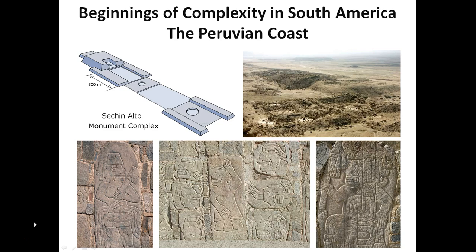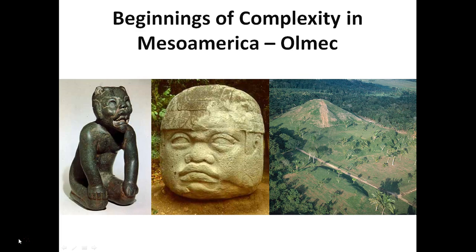When looking at South America, we will look at how the difficult desert environment and the needs of irrigation agriculture led to competition for control of these circumscribed resources, and how warfare played an important role in the emergence of states. In contrast, in the Olmec region of Mesoamerica, the emergence of states occurred in a very rich environment where there were no limits on the availability of agricultural land. Rather, the control of trade for exotic, rare resources from outside the region seems to have been a driver for the emergence of social complexity.